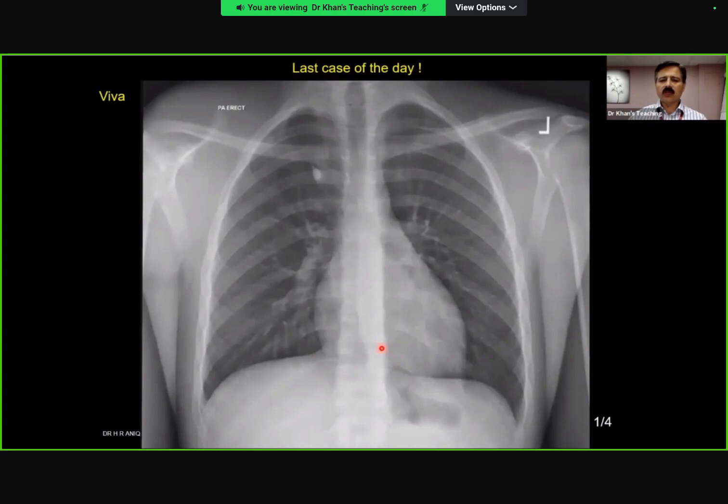That's the key. So for example, it's the bony thorax. You start saying that, I'm looking at the ribs, I'm comparing the right first rib with the left first rib, it's normal. I'm looking at the right-sided other ribs, second rib is normal, third is normal. Go into these details and you will pick up the finding. But don't